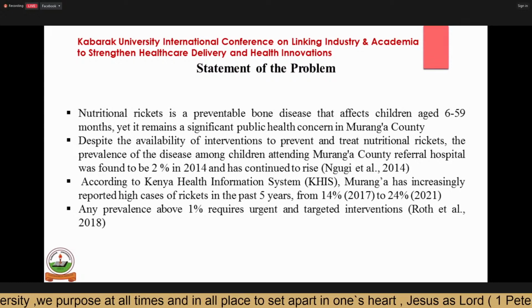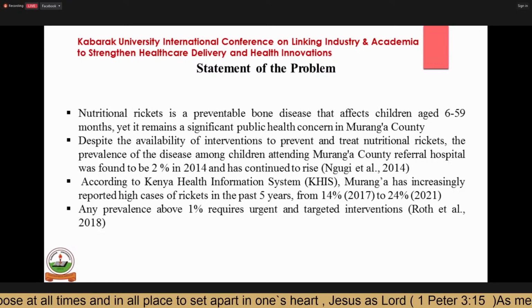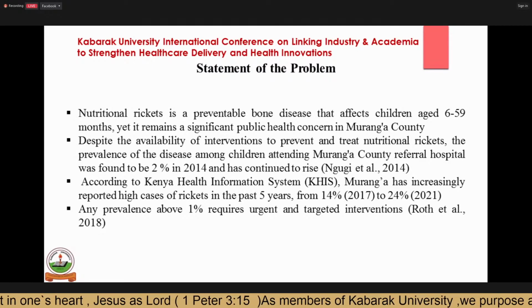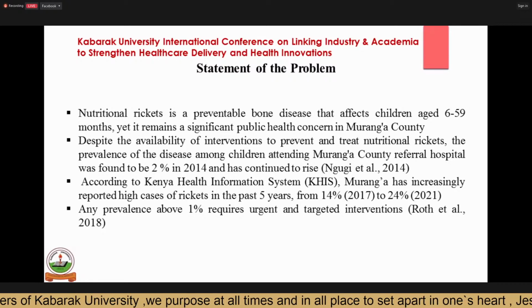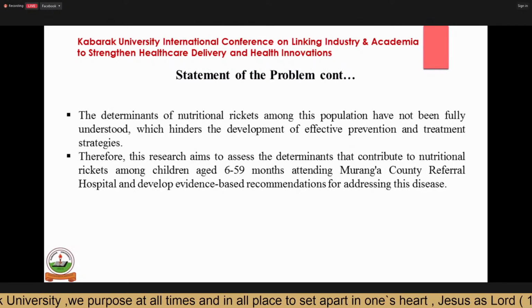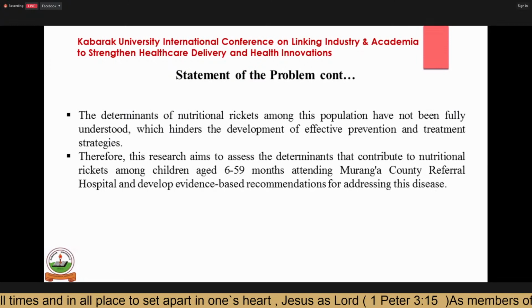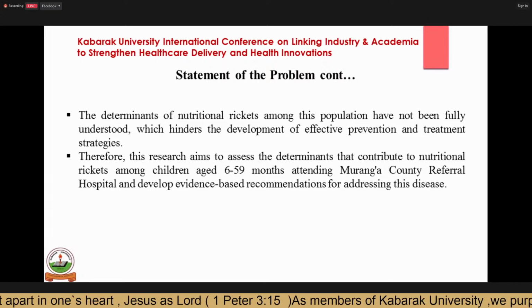The reported while 4%, and as expected, it clearly shows the need for effective prevention and treatment. Therefore, it aims to assess